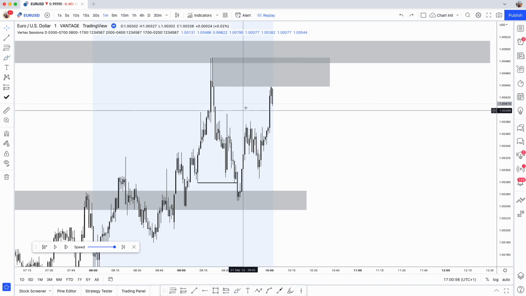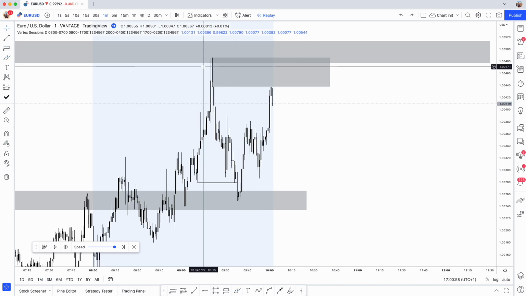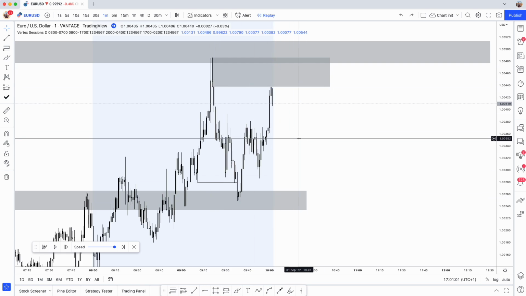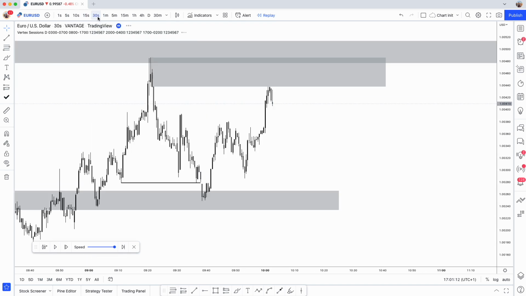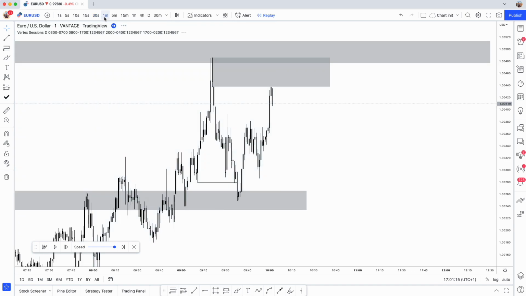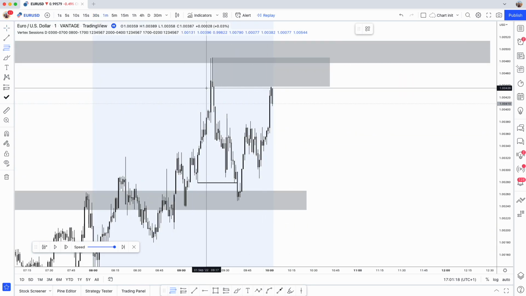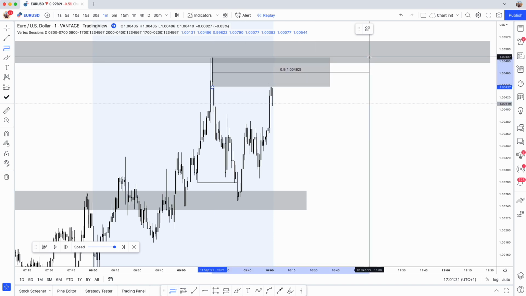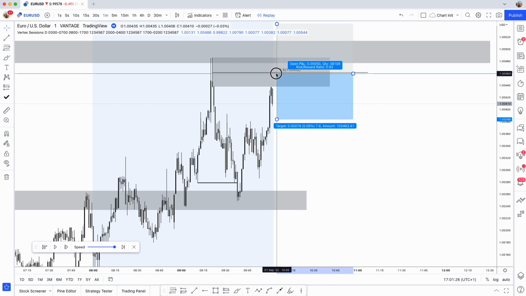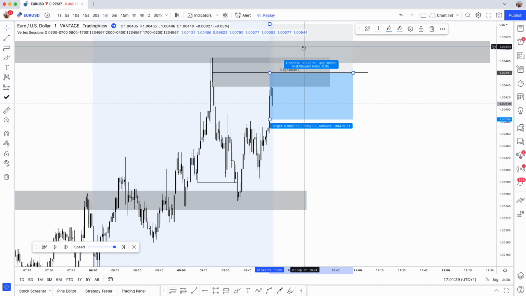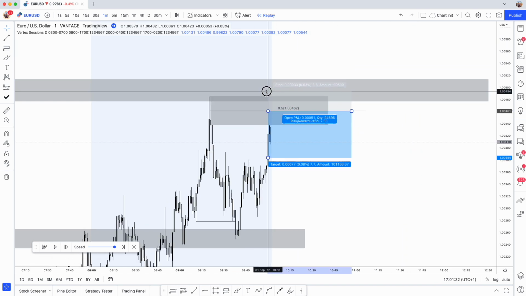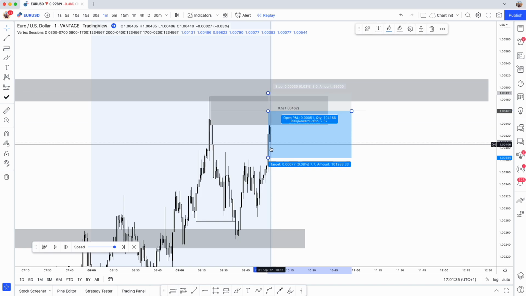So we can take the trade off here, but I think that is too big of a POI, and now that I'm saying that, I bet price is going to react up here, but I am going to stick to what I would do, which is refine this further. So potentially you can use, actually I'm not going to use the second time frame because I said I wouldn't. I guess you can use it for refinement. Nah, I'll stick to the minute time frame. So what we can do is mark out the 50% and then place a limit order on this one. Let's just place it here. And we can do a 3 pip on this one.